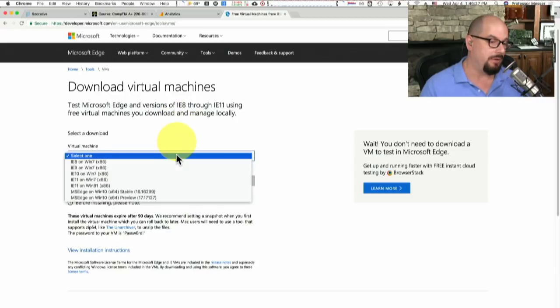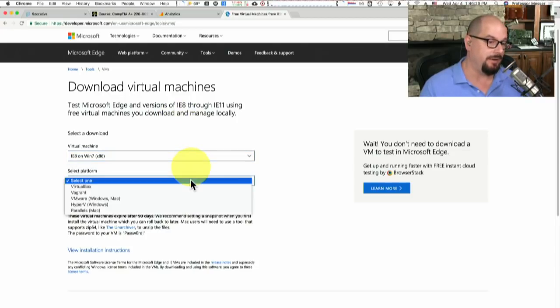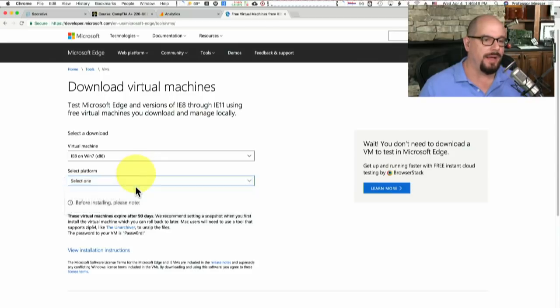Let me select Windows 7. Obviously, Vista isn't here, but you can download this for VirtualBox, Vagrant, VMware, Hyper-V, and Parallels. So it doesn't matter which virtualization you use. And VirtualBox, by the way, is free, and it's great. So download VirtualBox, install it on your computer, go to modern.ie, choose an operating system, and choose VirtualBox, and you